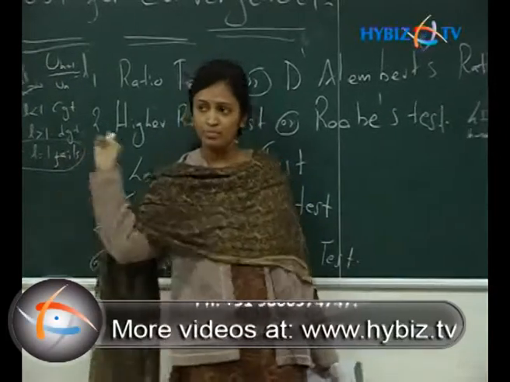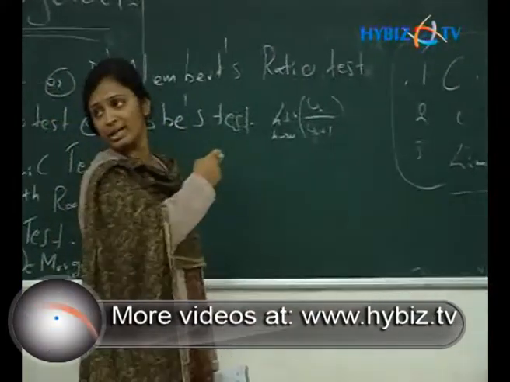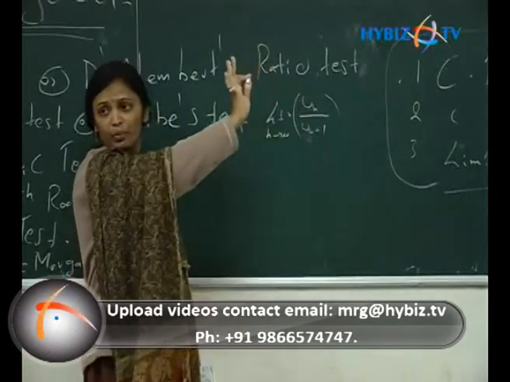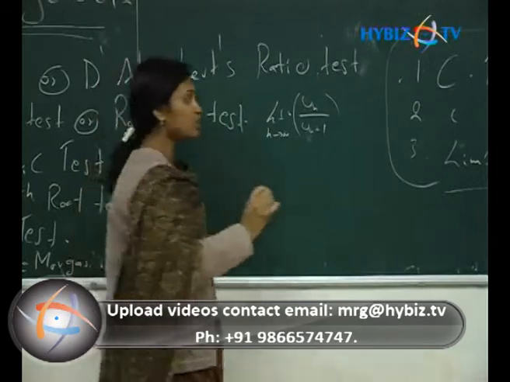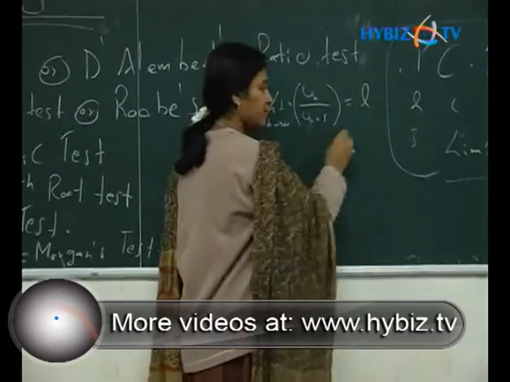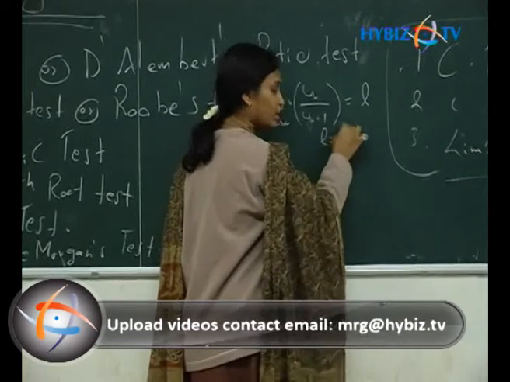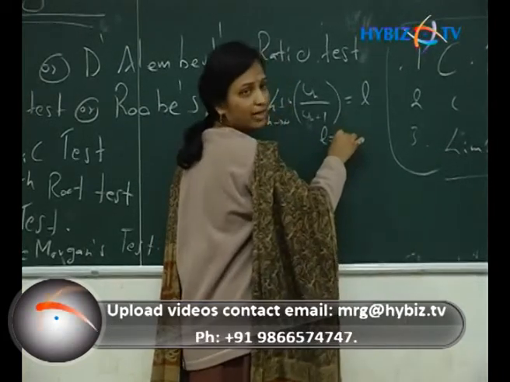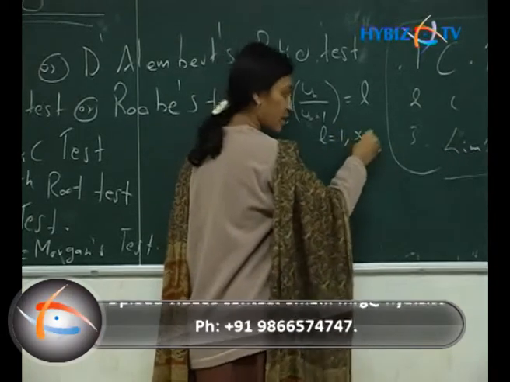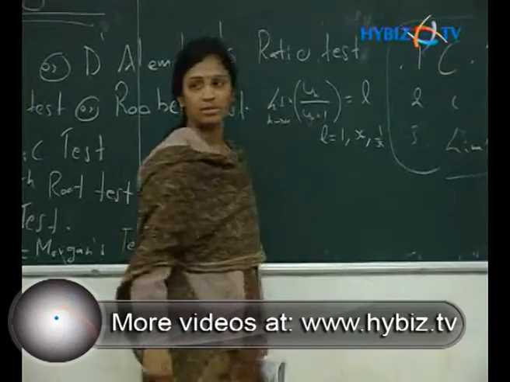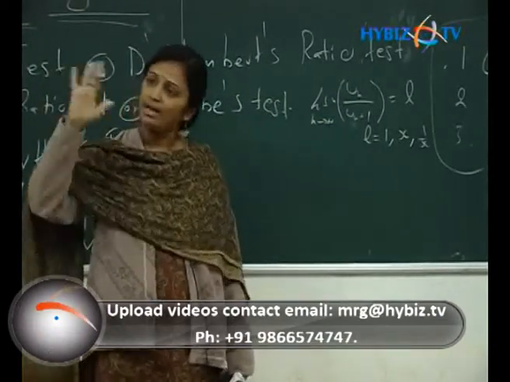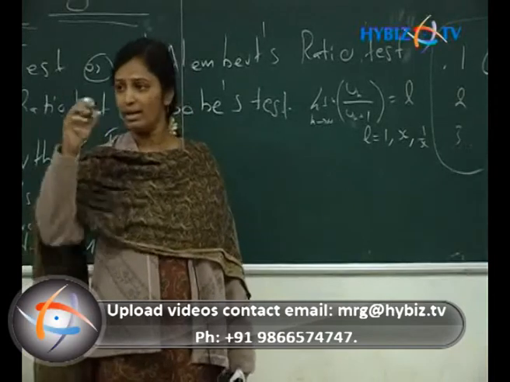Now which is the inverse of that higher ratio test, but here you are multiplying the nth term into whatever you want in that form. So suppose L is equal to, now here also L will be obtained. If instead of that 1, obviously you got that 1 in the first test, now you got L equals x or 1 by x. Understood that? So the result you got is 1 or x or 1 by x.